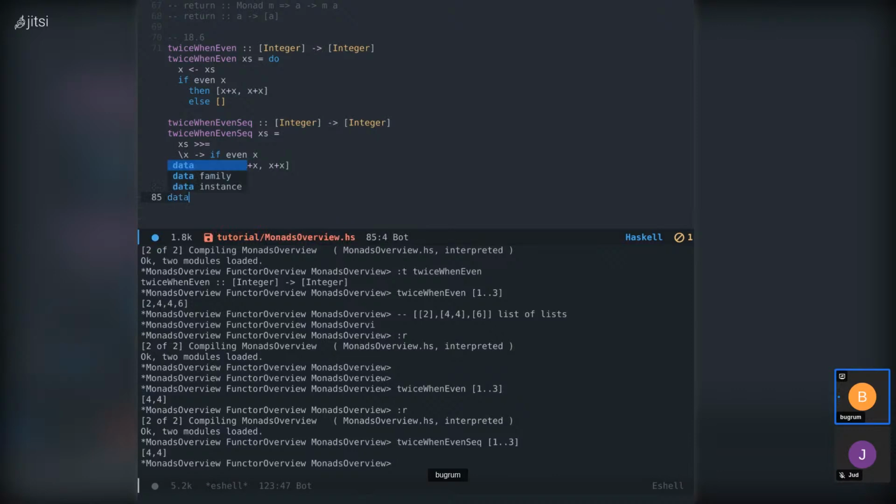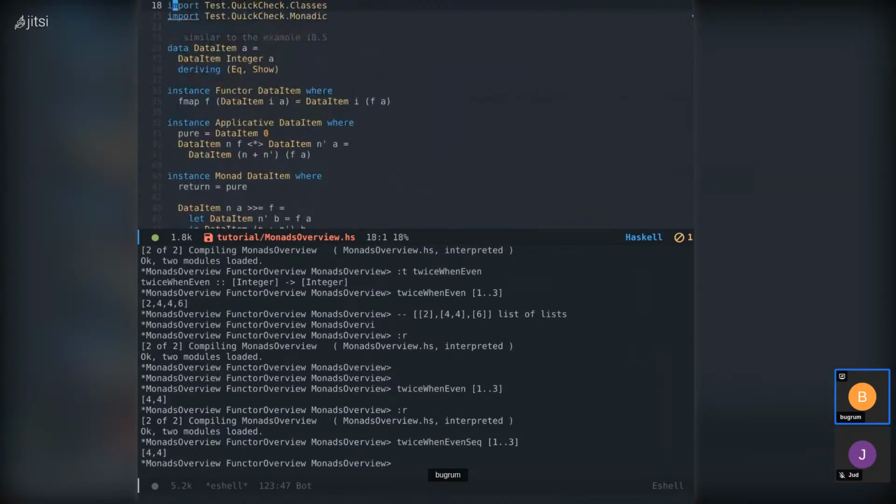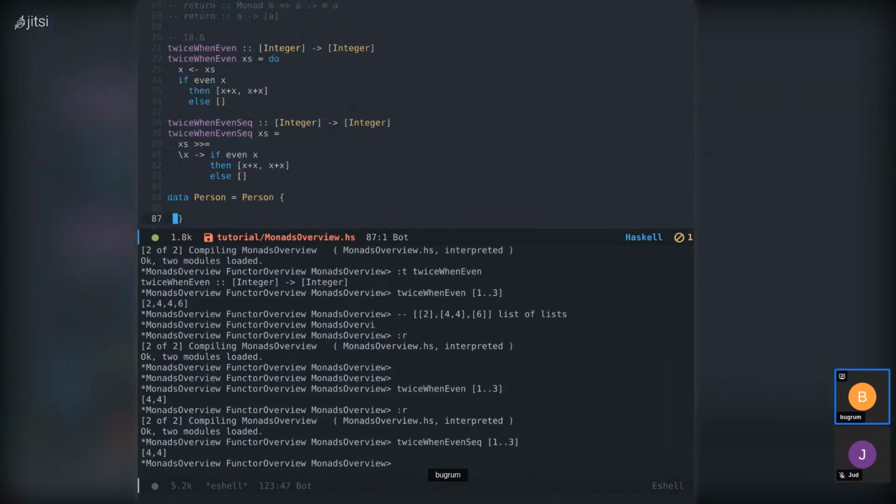So let's say that we have person, and I'm going to use the record syntax for this, just because it's a little bit cleaner in my opinion than using the straight up normal type syntax that we're all familiar with, like with data item. So in here, we're going to say that a person has a name,